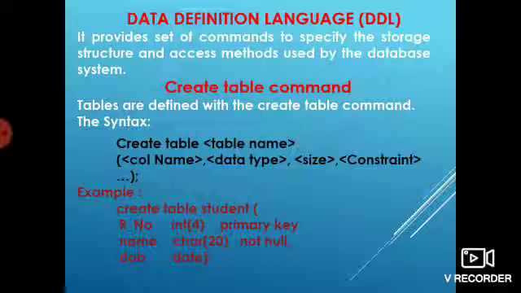Next, data type is given along with the size, and the next one is constraint. Primary key constraint is helping you to stop the duplicacy of any record. Name not null means you have to give a name while inserting any kind of record. Without inserting the name, you won't be able to insert another record. The date size is already by default, so no need to give size here.